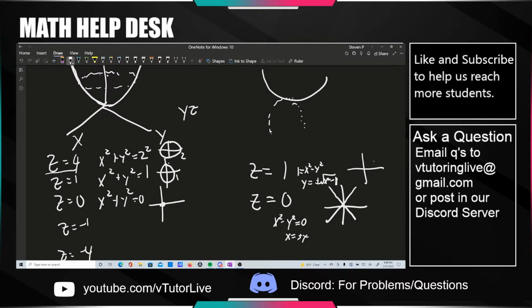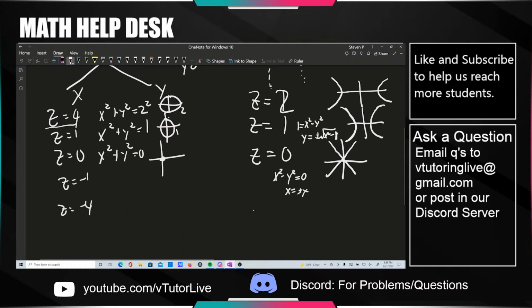Which kind of looks like this thing over here, where for x values between positive and negative 1, there is no solution. But outside of it, it kind of looks like a curve that dips up and down. I don't know how to say it. But as z gets larger and larger, this thing over here, you can solve for yourself, it should just move out further and further, right? And for z is equal to -1 and z is equal to -2, it's kind of similar, except